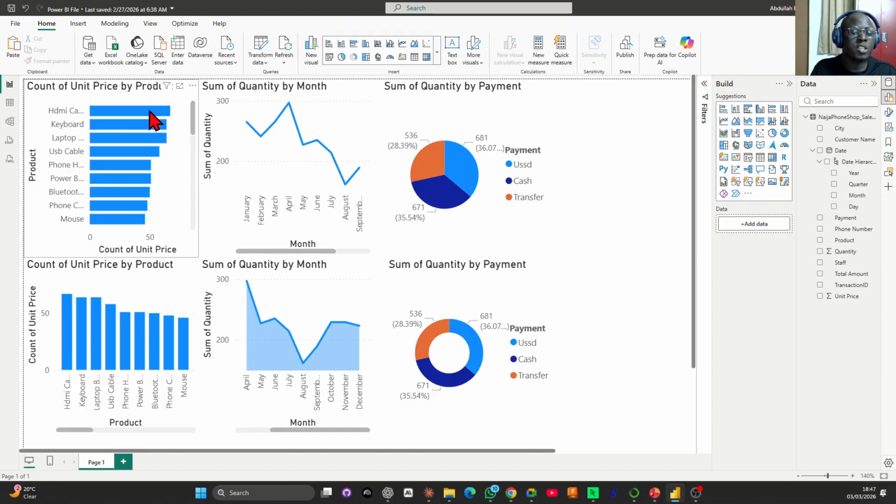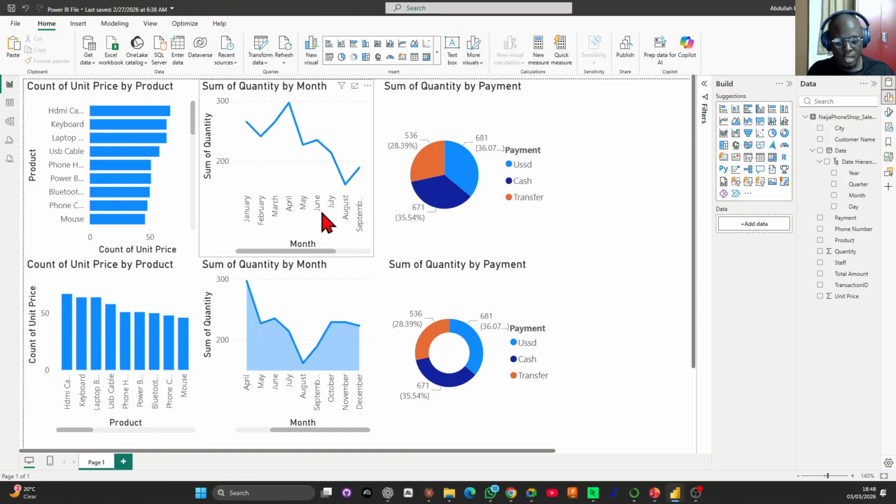You can say, oh, you don't want this color. In fact, you can say you want several colors. Oh, I don't want this line type. I want the line to be circular, to be a smooth line. I can change the way the line is. Don't worry, I'm going to do quite a lot. Trust me. But the goal for today, like I said, is for you to understand all these common